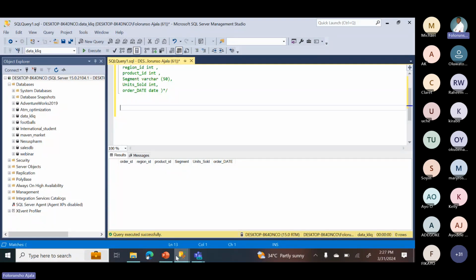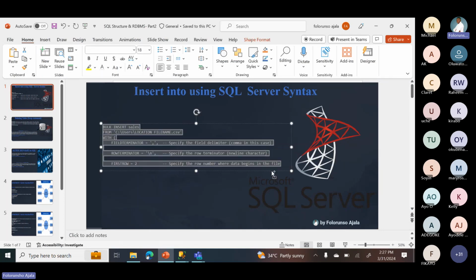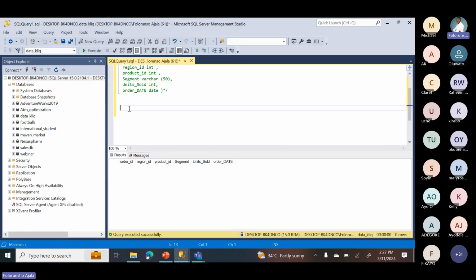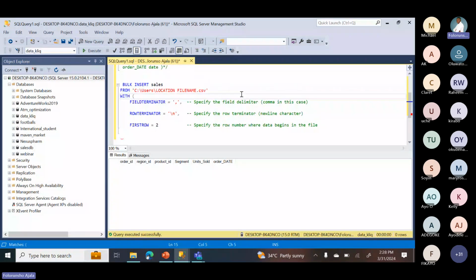Now, I'm going back to my slide. I will just copy this, and I will explain some of the things to you. Okay, so now you see bulk insert. Bulk insert is the syntax to